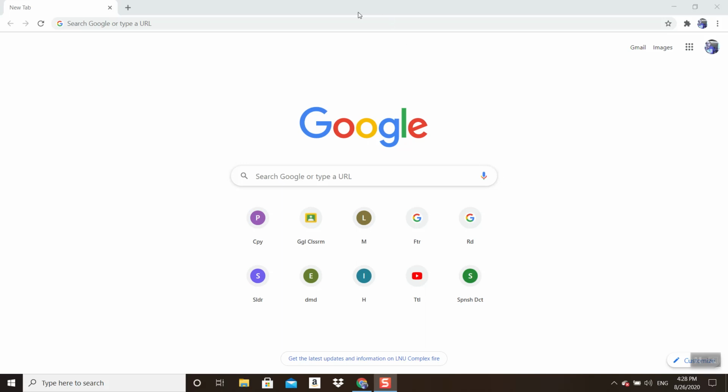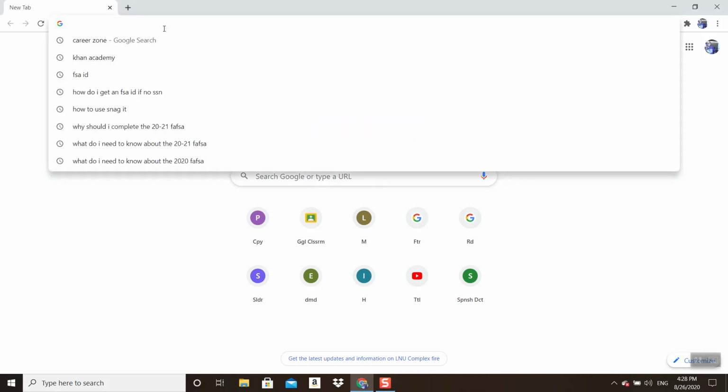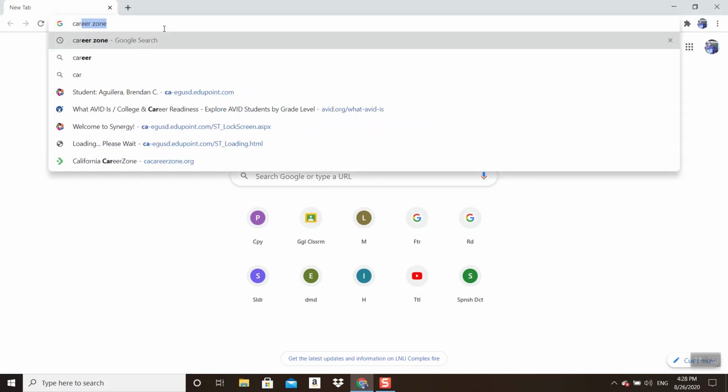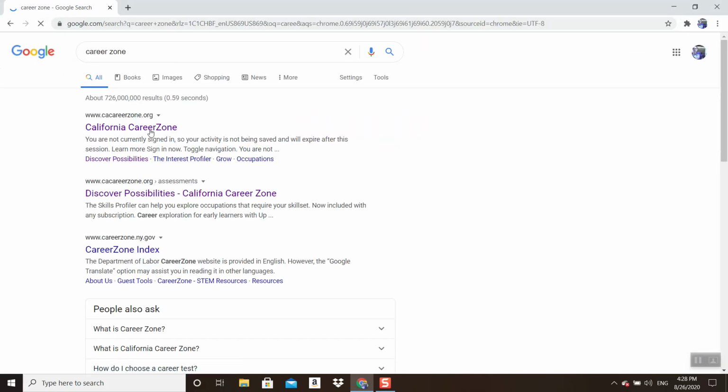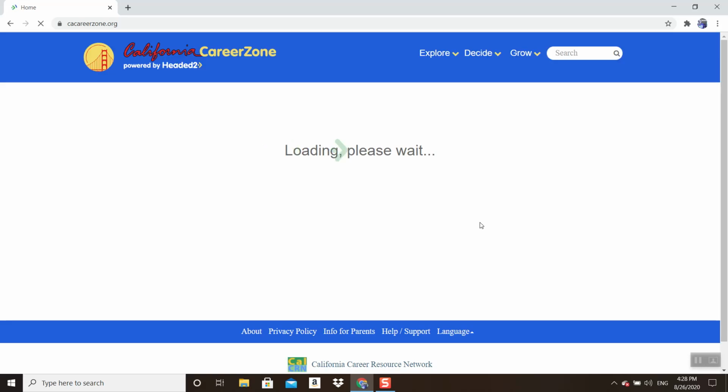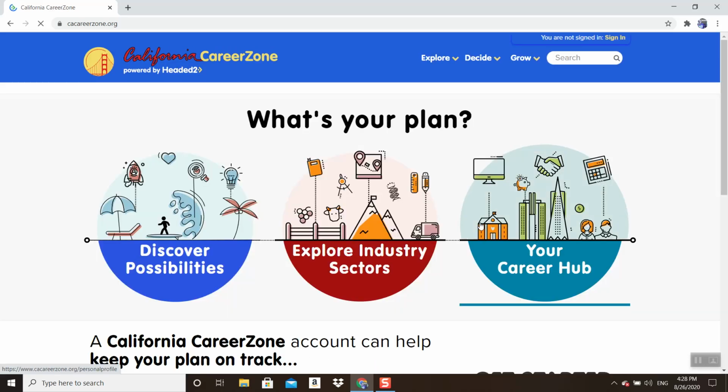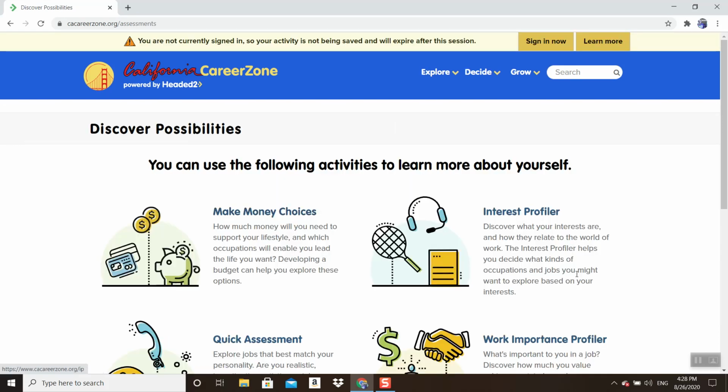Today we're going to visit online to go to Career Zone. This is one of my favorite websites. It's really simple and it's great for middle school students especially. And we're going to explore what's called an interest inventory. An interest inventory is a great way for parents and students together or individually to research and find out what personalities